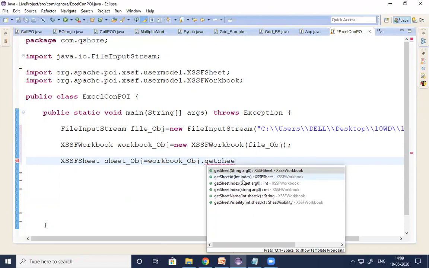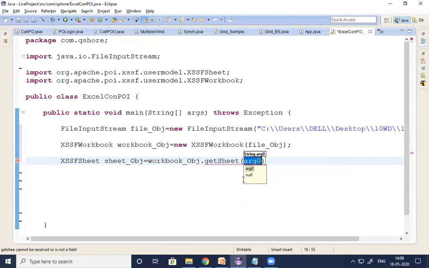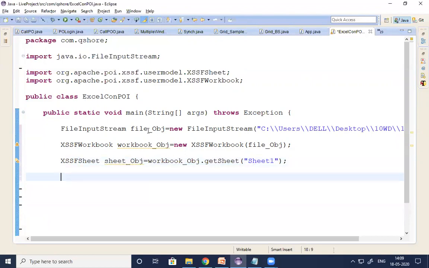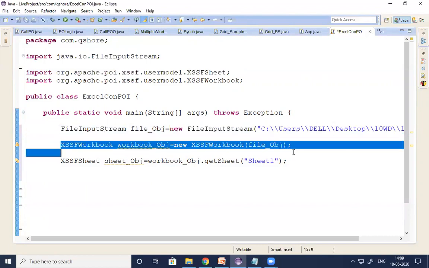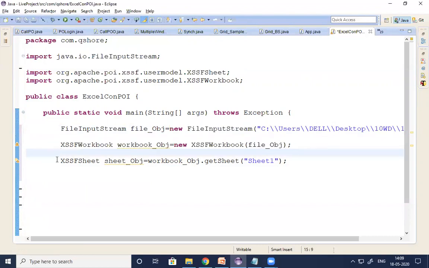If you know the sheet name, you can choose the string argument. What is the string argument here, guys? Sheet 1. Understand, everyone? In case you know the sheet number, you can provide the sheet index number, guys. So the first line of the code is what? Identify the location of Excel. Next, open the identified Excel. Third, open the sheet in the opened Excel.